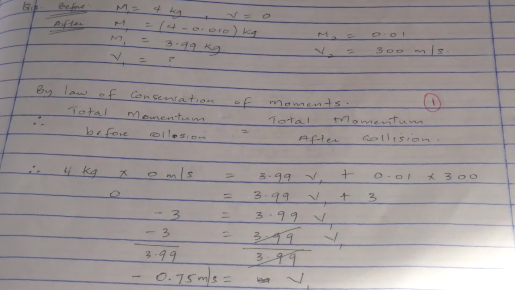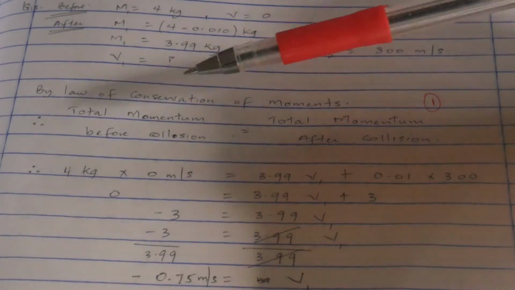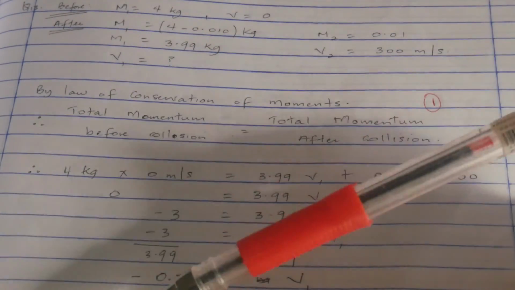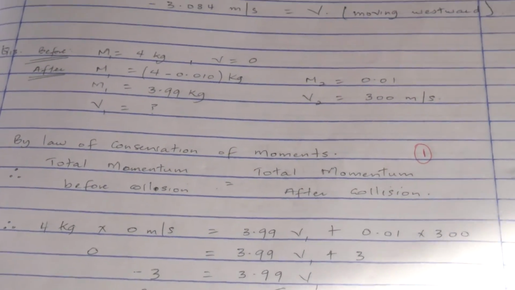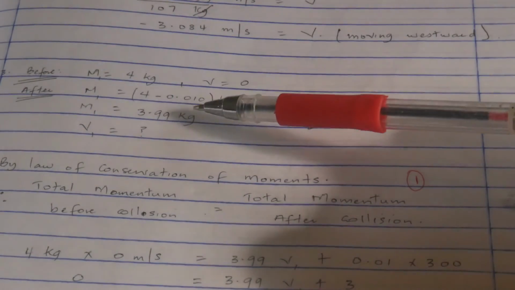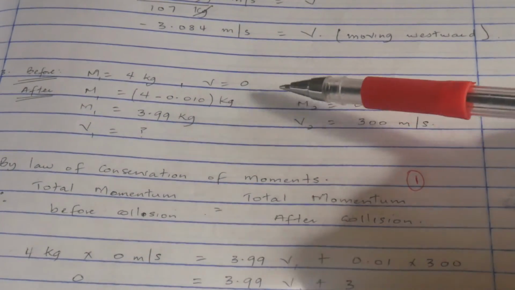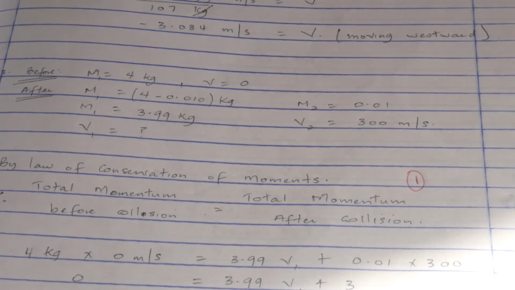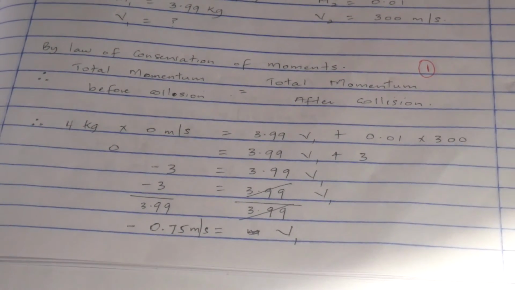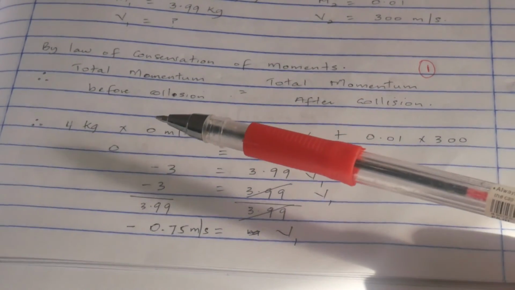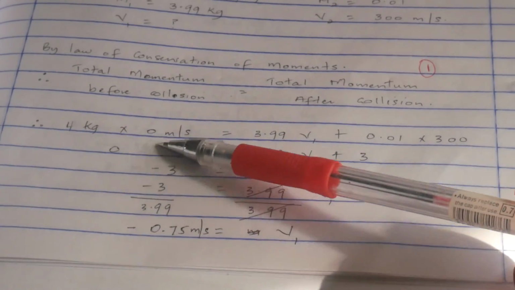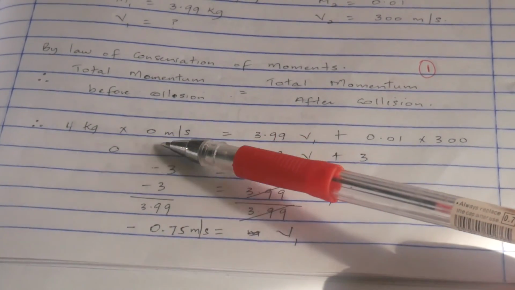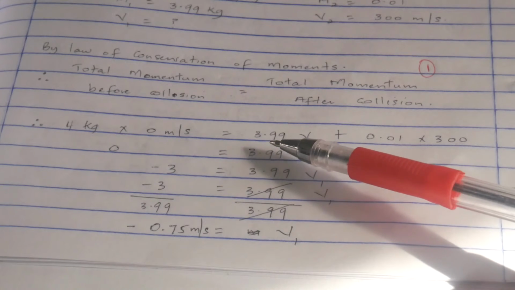So this question assumes, yes, what I assumed, which is that the bullet was in the gun. So this was the mass of the gun and this is the mass of the bullet. So before collision, initially nothing is happening. So 4 kg going at 0 meters per second is equal to